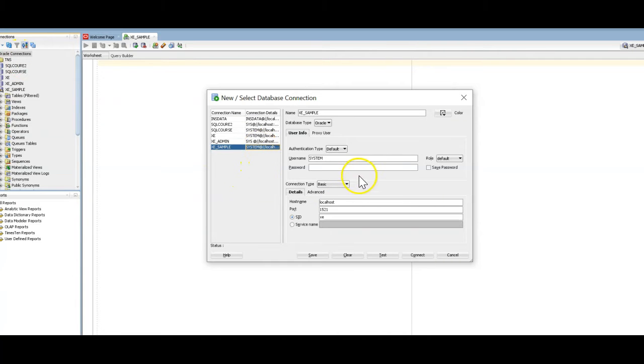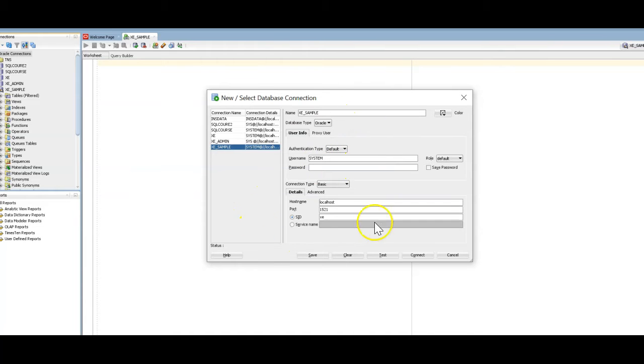If you are aware of the Oracle database structure, here I have a host name, which is localhost. If your database is on a server, it will have the IP address of the server. Port is 1521, and my database name is XE. Username is system, and you should know the password as well.